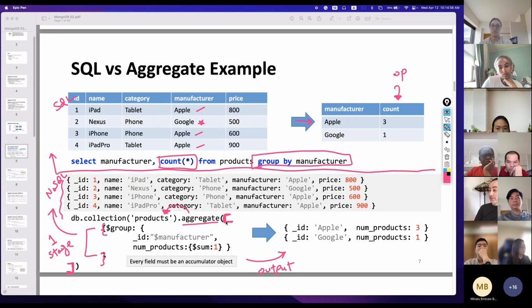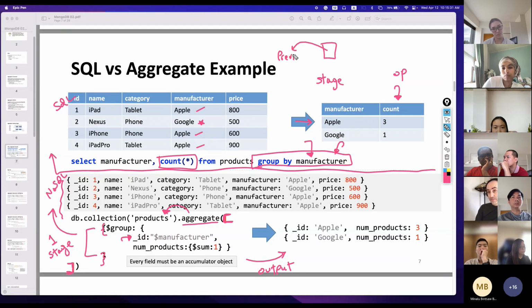So how does aggregation really work? In order to specify which property you want to group by, you need to mention this property name inside underscore ID of a group. So the manufacturer here is set when you set the underscore ID for which property you want to aggregate with. Now, if you have a stage and you want to read data from a previous stage,